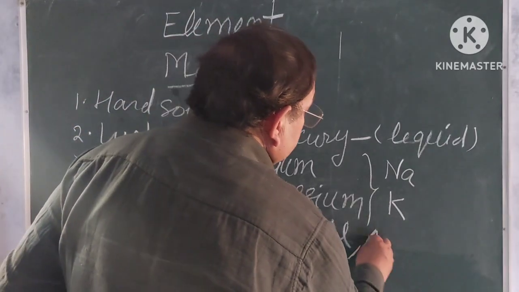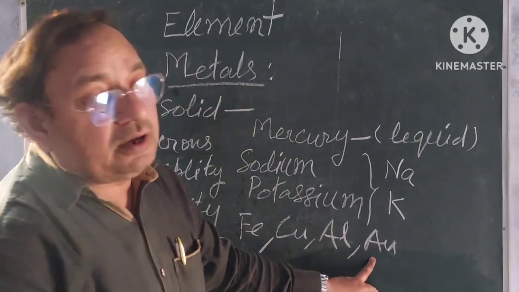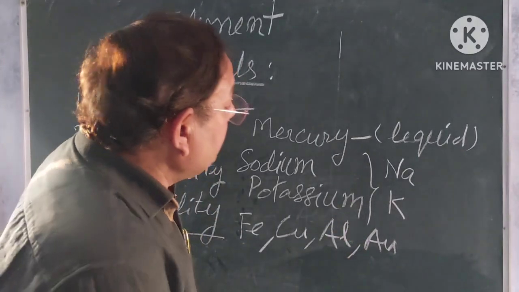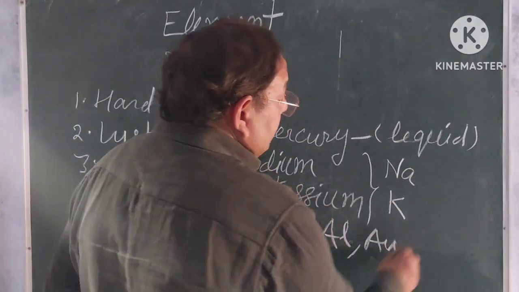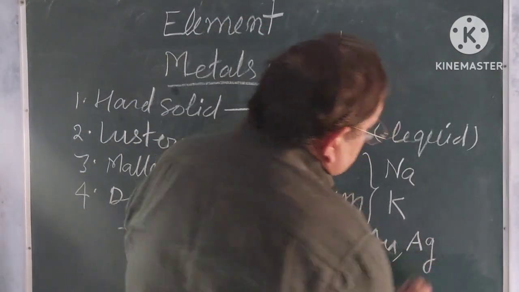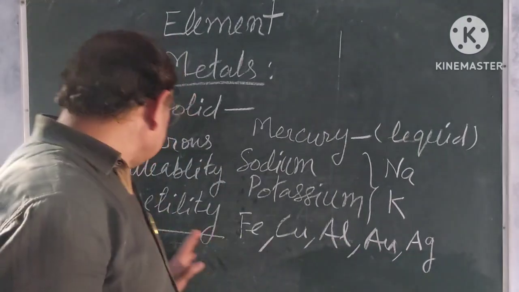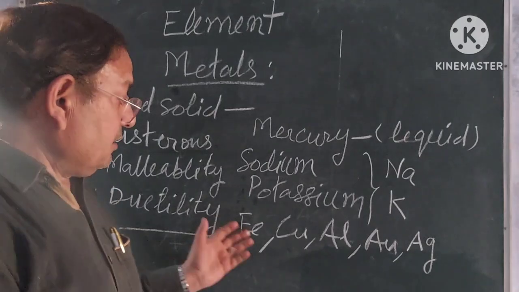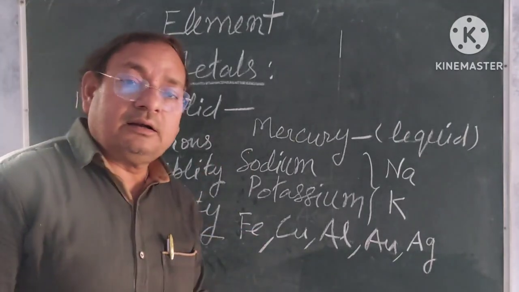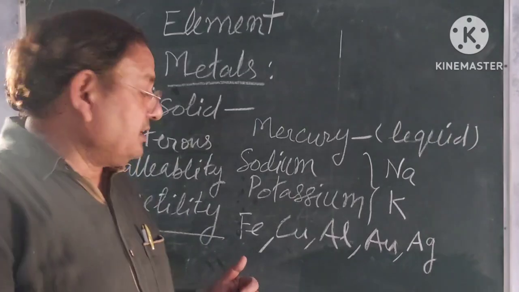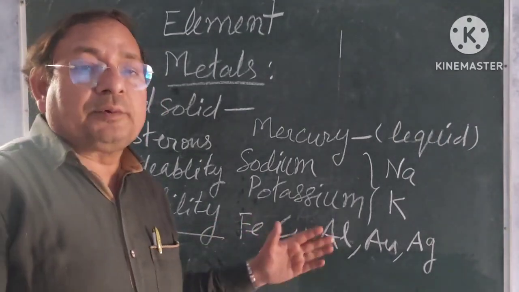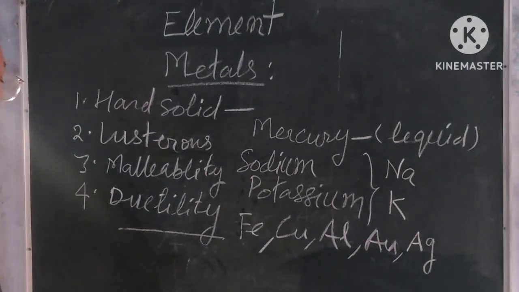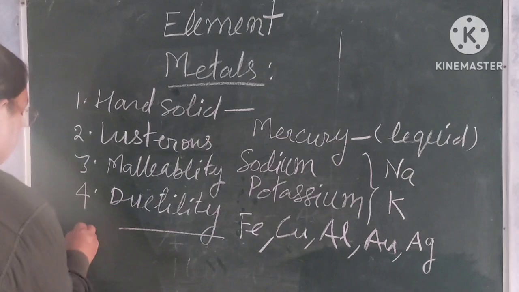Gold, Au. The symbol of gold is Au. It also can be changed into very thin wire. Silver, Ag. The symbol of silver is Ag. So these metals are examples; these are ductile. Understand? And they have the property of ductility. I'm going to teach you the next property of metal,